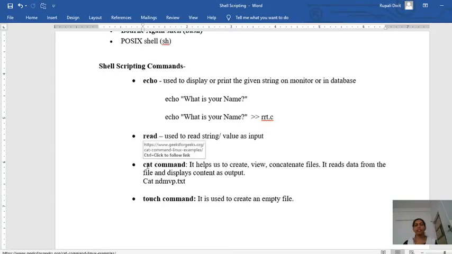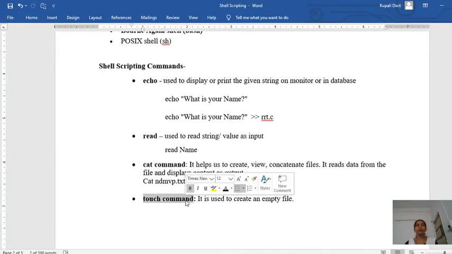The third command is the cat command. The cat command is used to create, view or concatenate files. So what basically will this command do? Actually, when you use the touch command, it is going to create a new file. It is going to create an empty file. A new file will obviously be empty. So the touch command is basically used to create a new file, and the cat command will first check whether the file is already created or not.